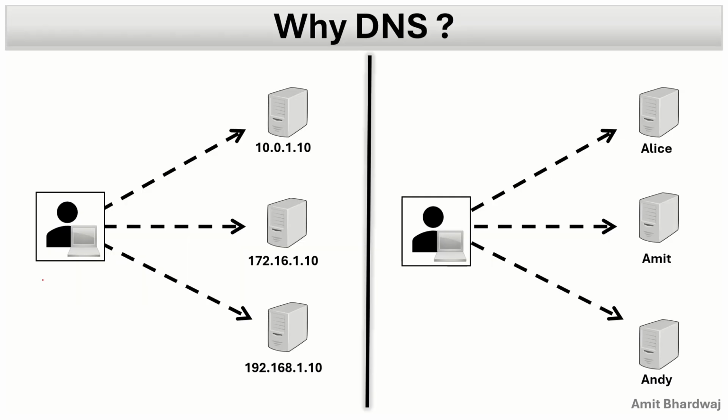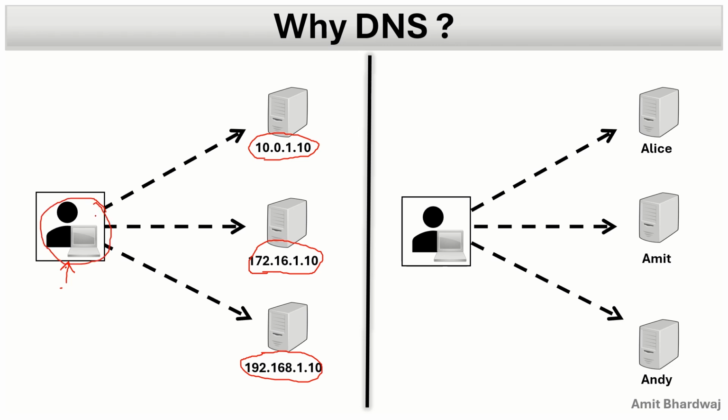Now, in this slide, we have two scenarios. Scenario 1 on the left side and scenario 2 on the right side. Well, in first scenario, we have a user who wants to access three different servers. The first server has an IP of 10.0.1.10, second one has 172.16.1.10, and other one has the IP address of 192.168.1.10. In that case, remembering all these three IP addresses just for three servers becomes a cumbersome issue for the